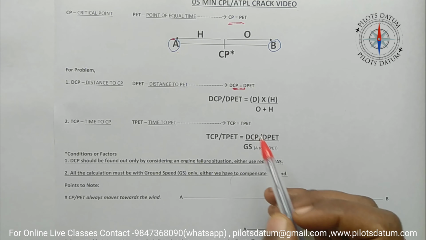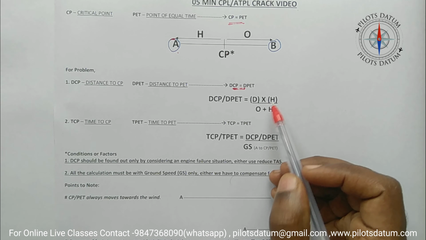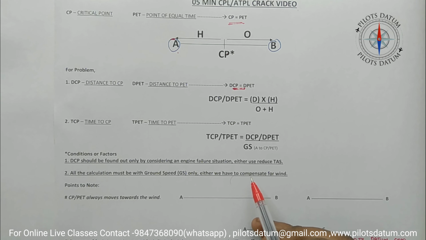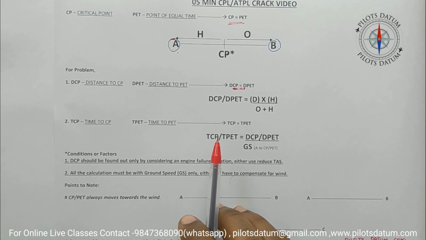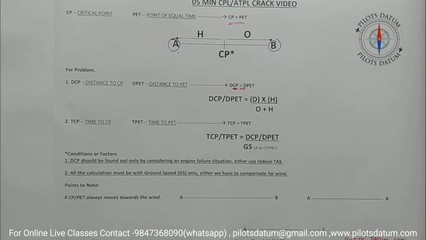So for finding the ground speed we need for H and O, we have to take only the reduced true airspeed. From that we have to apply the wind correction and find the ground speed. Again, you will get it clear while you do a problem. And the second one is all calculation must be done with the ground speed. Again, the true airspeed must be converted to the ground speed with the actual wind correction which is given. Again, the direction is very important to find the ground speed. Don't worry, you will get a problem and you will see.